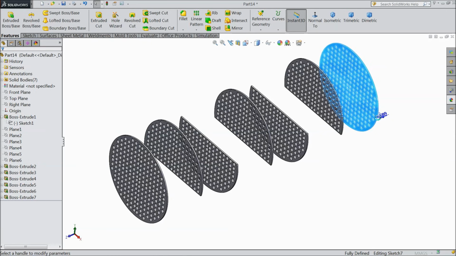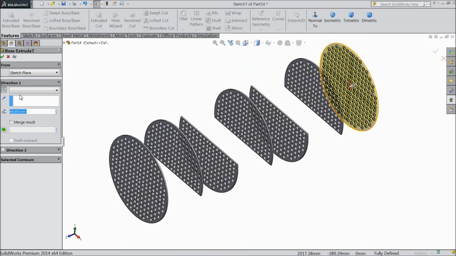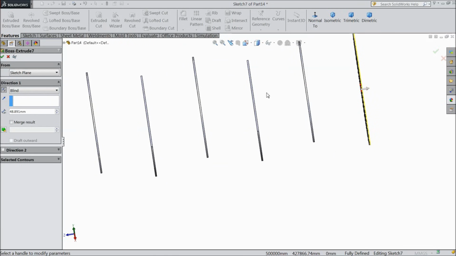The extrude thickness should be in reverse direction. So just select reverse. See here, outside. OK.